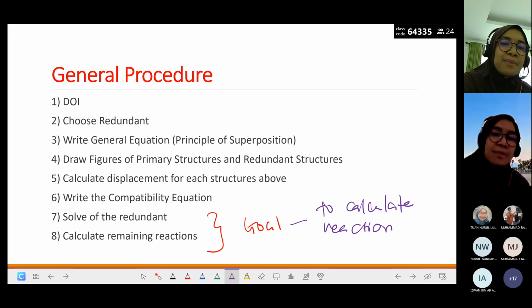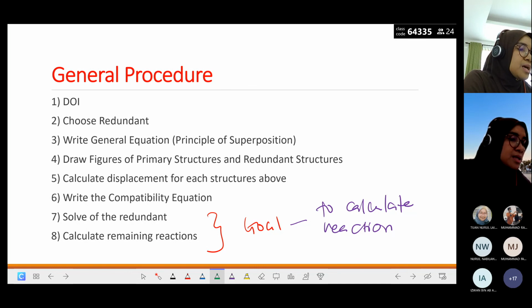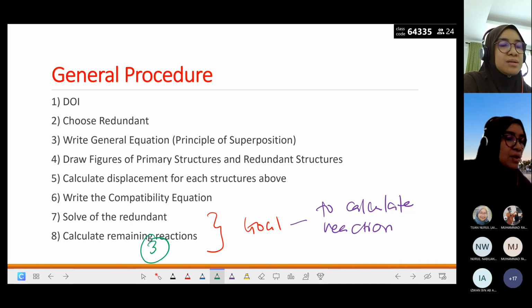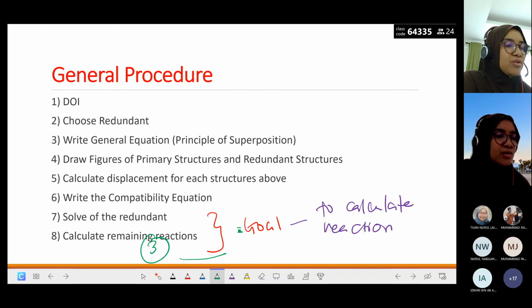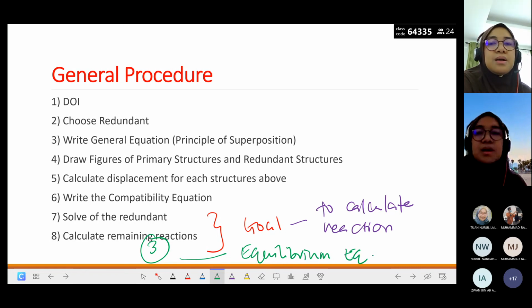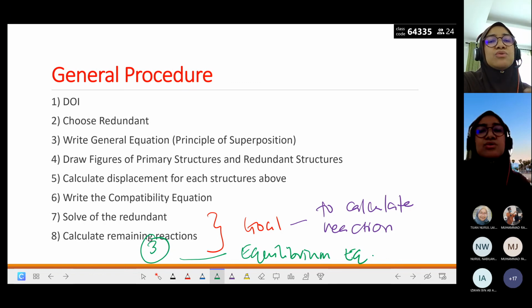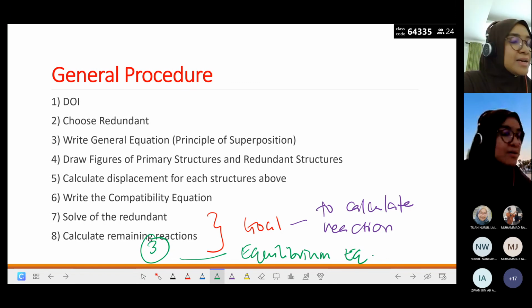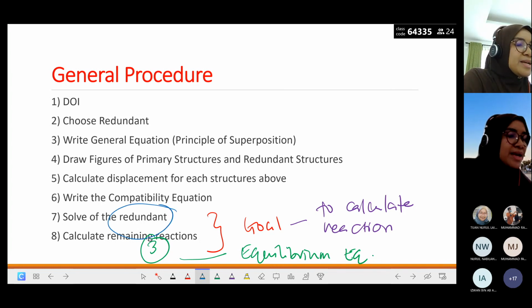And step number 8, calculate remaining reaction, here means these are 3 remaining reactions, because these 3 remaining reactions can be solved using equilibrium equation. But before we can use the equilibrium equation, we need to calculate the redundant first. How many redundants will depend